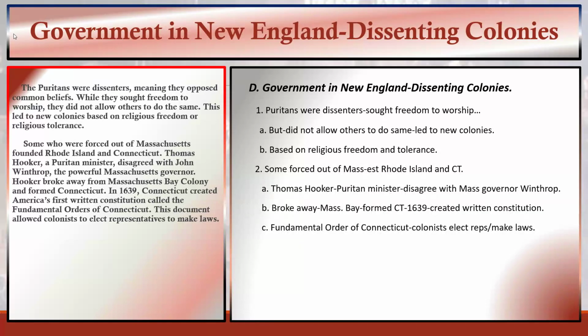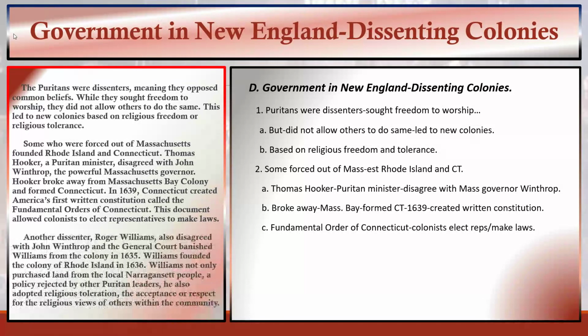So some forced out of Massachusetts, established Rhode Island and Connecticut. Thomas Hooker, Puritan minister, disagrees with Massachusetts Governor Winthrop, broke away, Massachusetts Bay, formed Connecticut. I use the abbreviation for Connecticut. Create written constitution, Fundamental Orders of Connecticut. Colonists elect reps, make laws. Done. Last paragraph. Another dissenter, Roger Williams, also disagreed with John Winthrop, and the General Court banished Williams from the